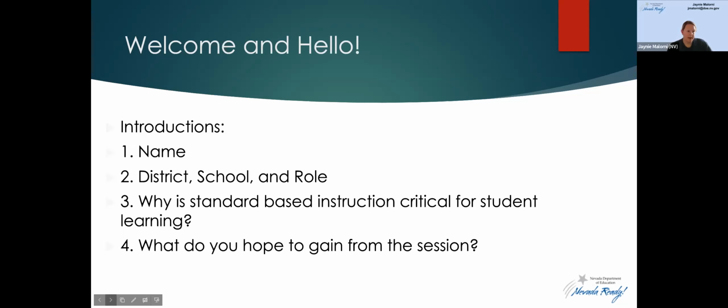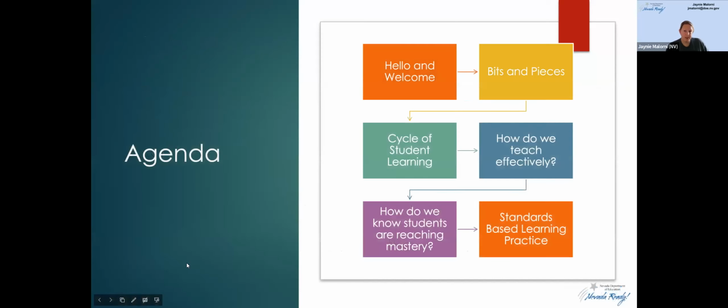Moving forward, what we're going to be doing today is what I just said. We're going to go over our standard review that we do, just for some information. Then we're going to go through the cycle of learning and ask some questions about standard-based instruction. How do we teach effectively? How do we know they're reaching mastery? How do we know they know what they're going to be able to do? And then we're going to practice. We're going to do some practice time with you, and we're going to see a classroom in action and see if we can come up with some good questions and answers. If this was our teacher that we wanted to have a discussion with on standard-based instruction, what would it look like?